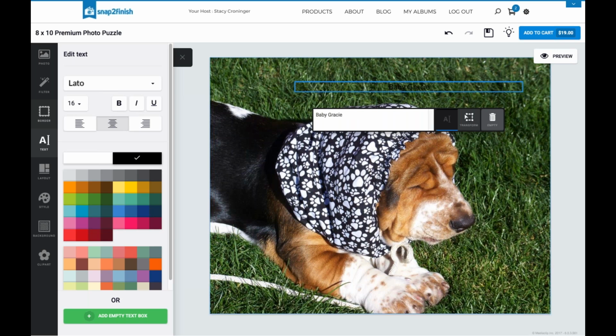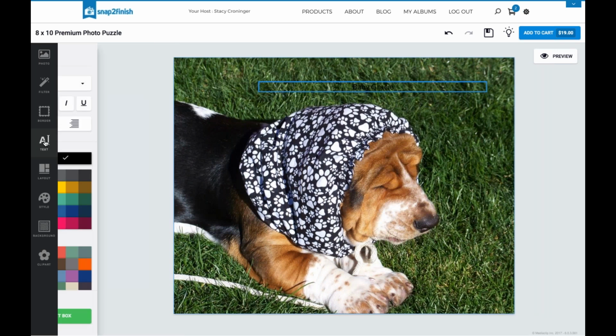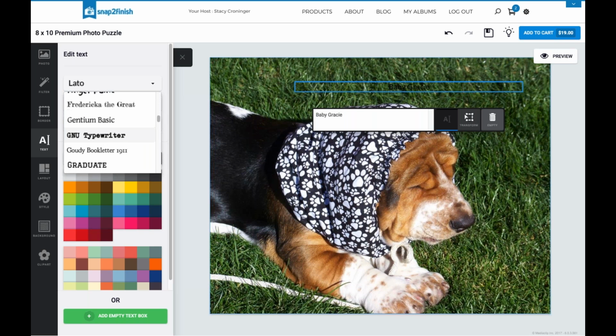I have that. I can come over here and choose the font over on the left-hand side. If this ever is not showing, if I click on that X at the top, it closes it. But if I click on text again, it brings it back out. Here's my list of fonts. So let's say that I want,